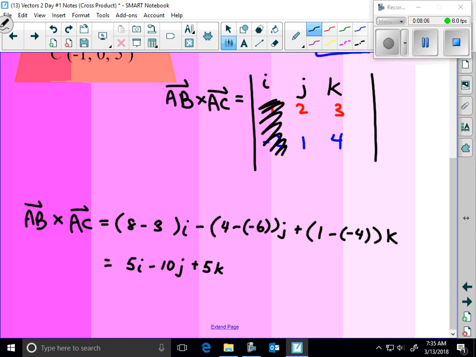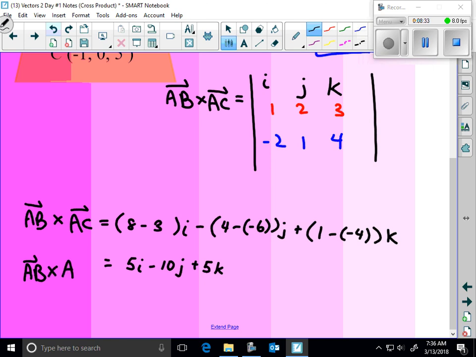Okay, good. For my J component, I get 1 times 4, which is 4, minus a negative 6, which is 10. Good. Cover up my K. 1 times 1, which is 1, minus a negative 4, which is 5. Good. Okay. So this right here would be the resultant vector